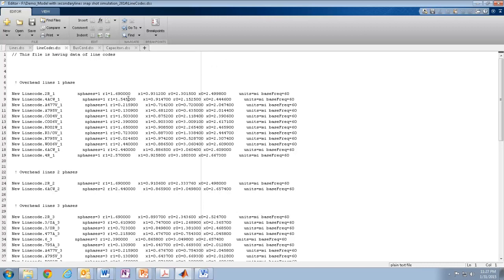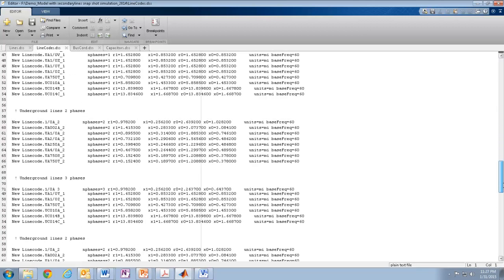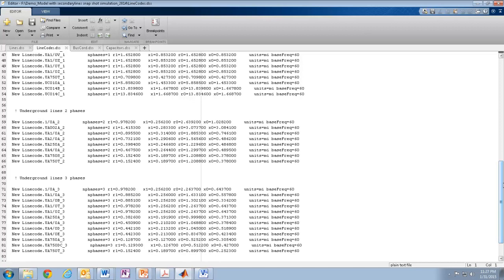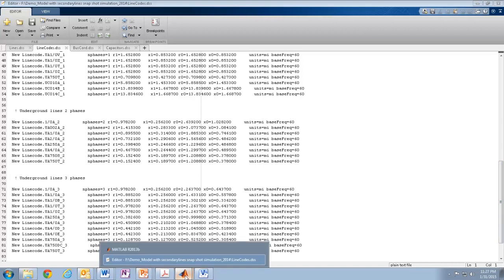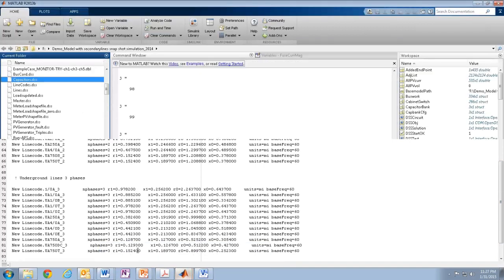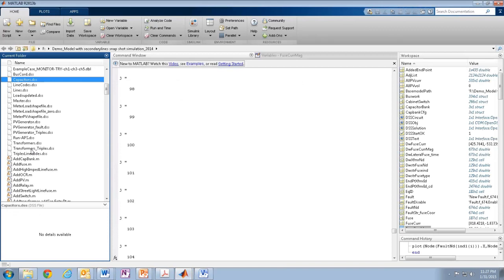So it has the resistance, the various positive and zero sequence impedances for each of the single phase, two phase, and three phase line and conductor types, including overhead and underground. And in a different place, we also have the triplex line information, which is like the triplex line codes that correspond to those triplex lines, and transformer triplex has the information on the three winding secondary